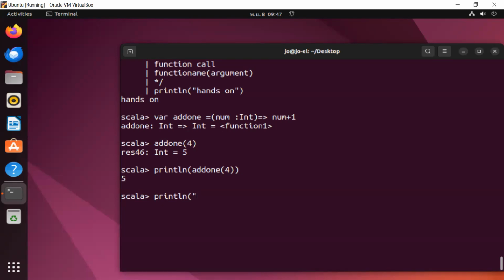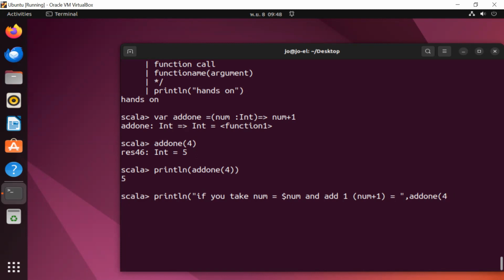Now, if you take num and add 1, so num plus 1, how do we pass it there?